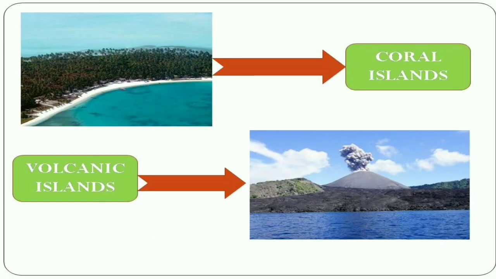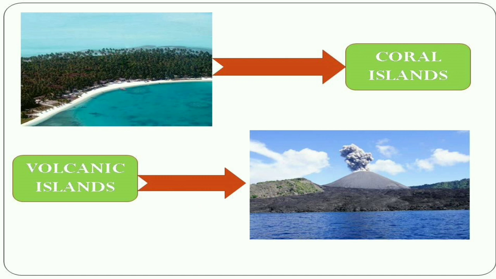First of all, you have to know the difference between coral islands and volcanic islands. Coral islands begin as a volcanic island or hot spot. As a volcano erupts from the sea, a fringing reef forms. Do you know what's a fringing reef? That is nothing but a coral reef that lies close to the shore. Fringing reef grows on the outskirts of the volcano. The volcano eventually moves off the hot spot through a process known as plate tectonics. About this process, plate tectonics, you will be learning in your higher classes, geography.